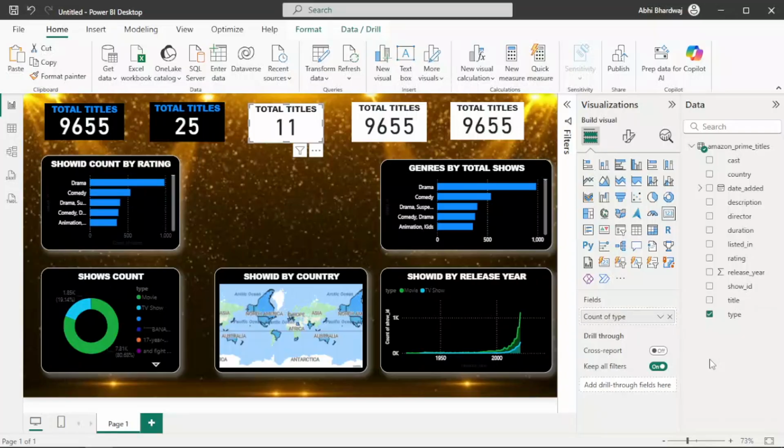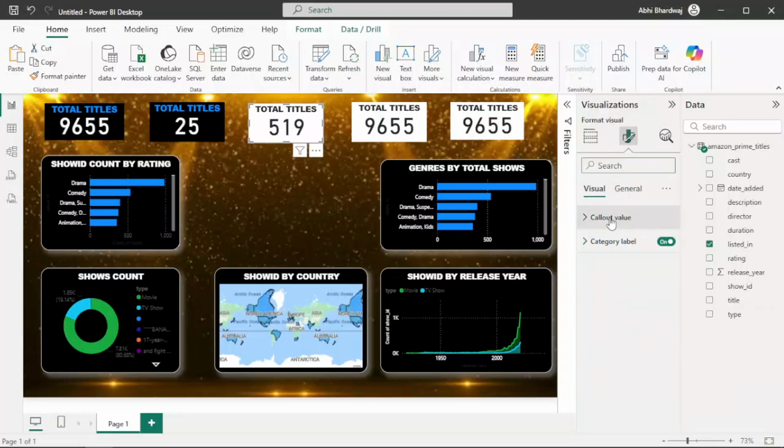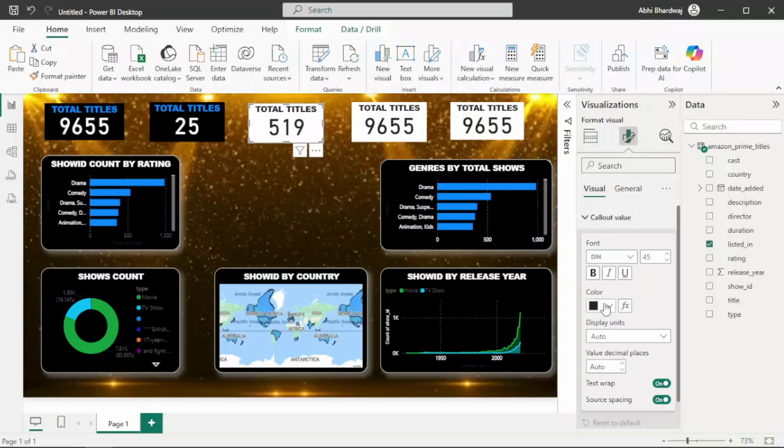Counting distinctly. So I should have category over here, which is listed in which particular category? Drama, comedy. Count distinct 519. Perfect. So now changing the visual elements of this as well, converting it into white,